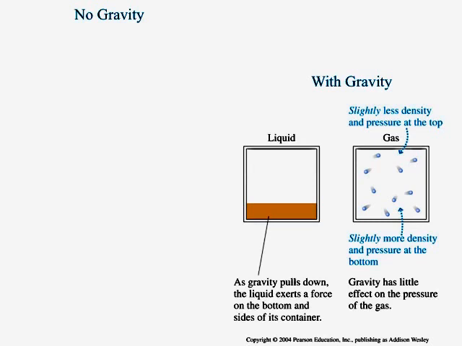There's more gas particles concentrated lower down in a gas than above, but the difference is slight. It's a very minor difference. So in essence, a gas does not change pressure with depth, unless the gas is of very great size or very great volume, very great depth. But for a liquid, since it's so much more dense, pressure increases with depth within a liquid.